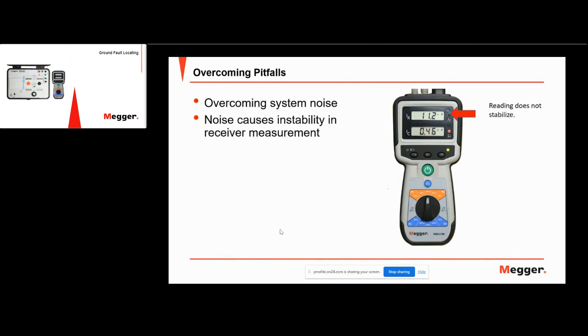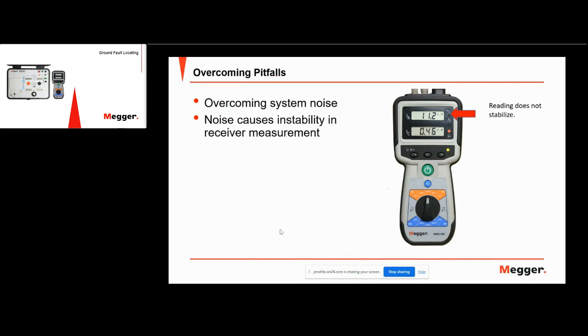So now let's move on to noise. How do you overcome noise on these systems? Because what the noise can do is it can cause your reading not to stabilize. You'll put the current clamp on the line, look at the receiver, and the current measurement you're looking at just never stabilizes. It keeps going up and down and up and down,